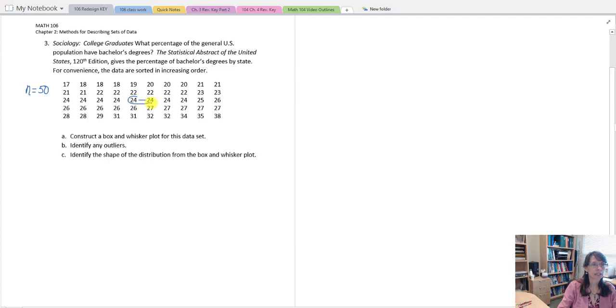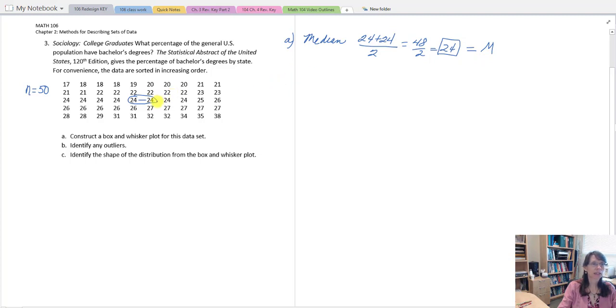So I have an even number of measurements. To calculate the median, I will add the numbers and divide by 2. You might think, why are we bothering to add these numbers? They're the same number. But sometimes you're going to have measurements that are not the same number, and it will be nice to know how to make the calculation. So I add 24 plus 24, divide by 2. Of course, 48 divided by 2 gives us 24. We already knew that. So that is going to be labeled as capital M on our drawing for the box